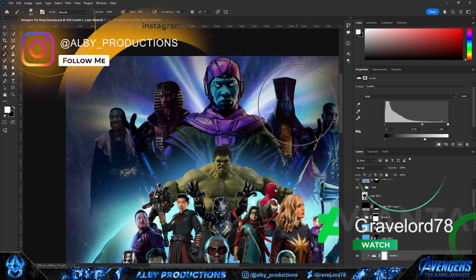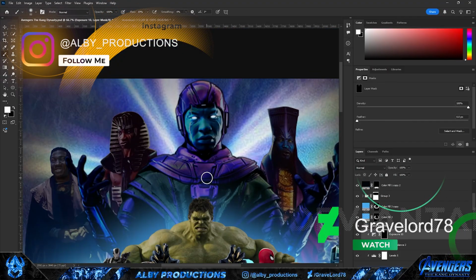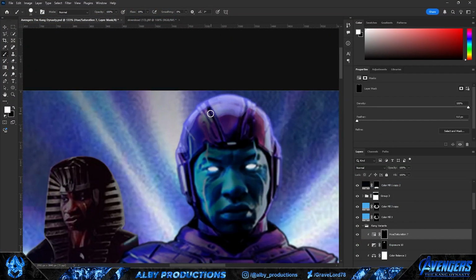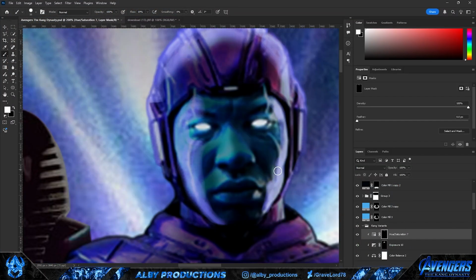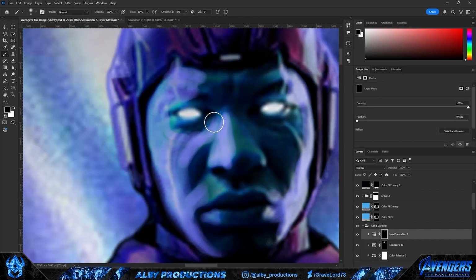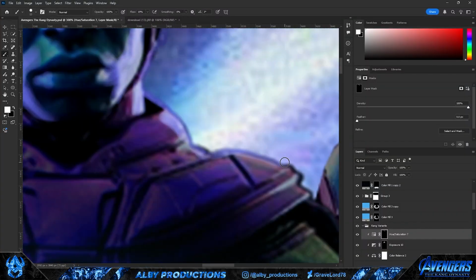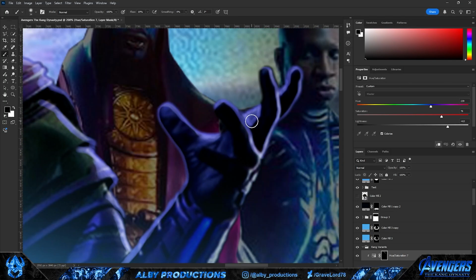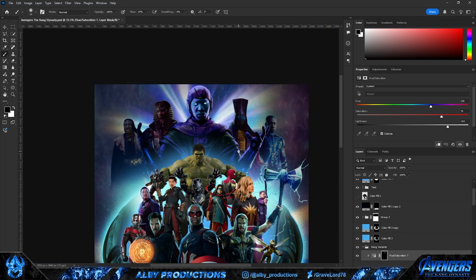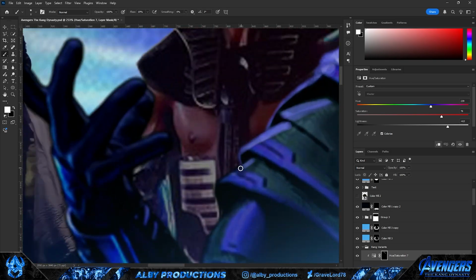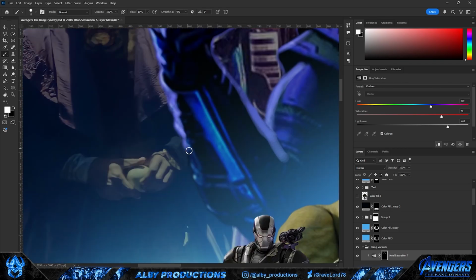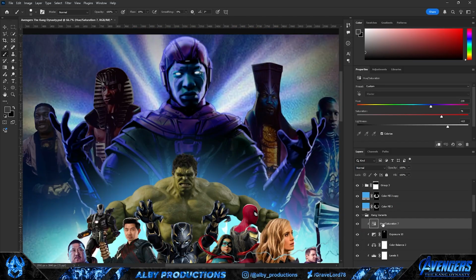Now literally not even 5 minutes in and I went back and started the blending process again. This time however I actually moved on to the Kangs since I don't even know why. I just felt like doing them first and then continuing with the Avengers. And I know it's kind of funny because I didn't even finish blending the Avengers and I just moved on to another thing. Like I'm telling you, the workflow for this project was quite chaotic since I could never really do one thing at a time, but you just gotta bear with it, I guess.